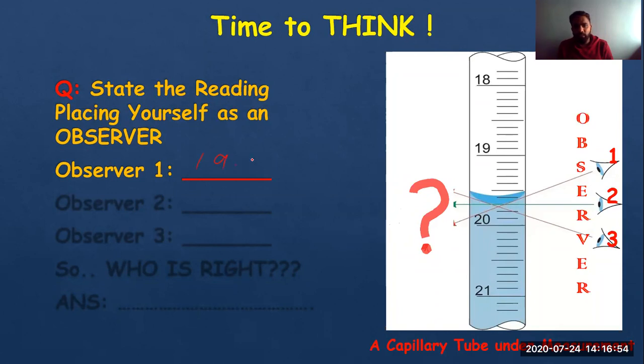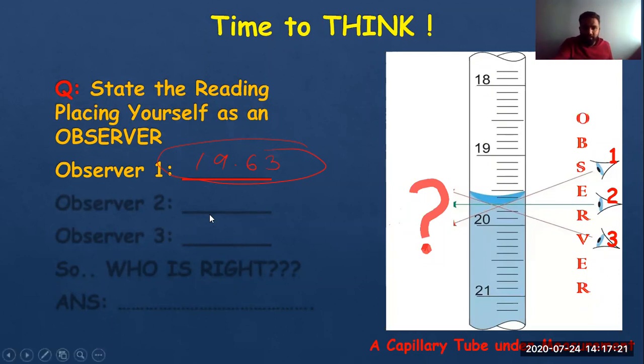He will see around 19.62, 19.63. Why am I saying this? Because it is at an angle, right? 19.6 won't be visible to him. He will see something below that, and below that we are getting 19.7. So it will be between 19.6 and 19.7. So I have taken it to be a random 19.63, if there is some kind of measurement of 0.03 also, okay?